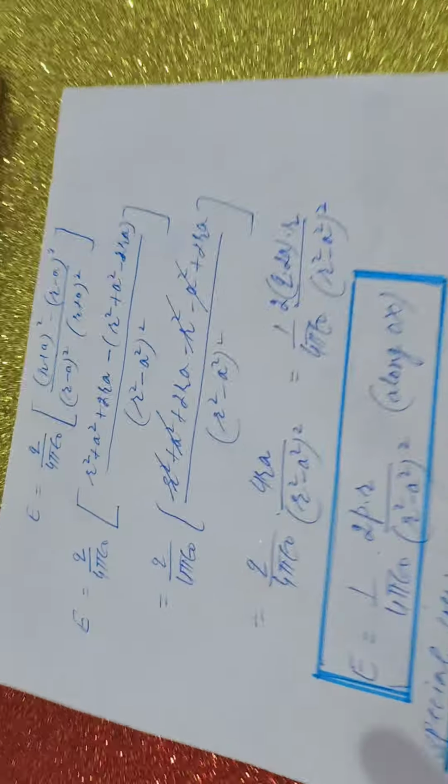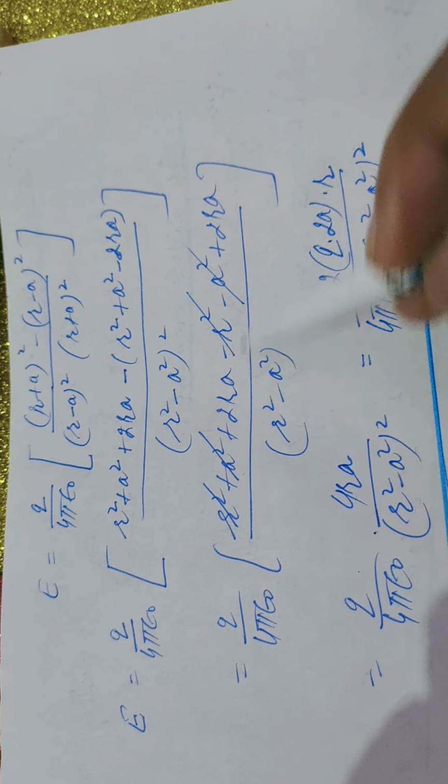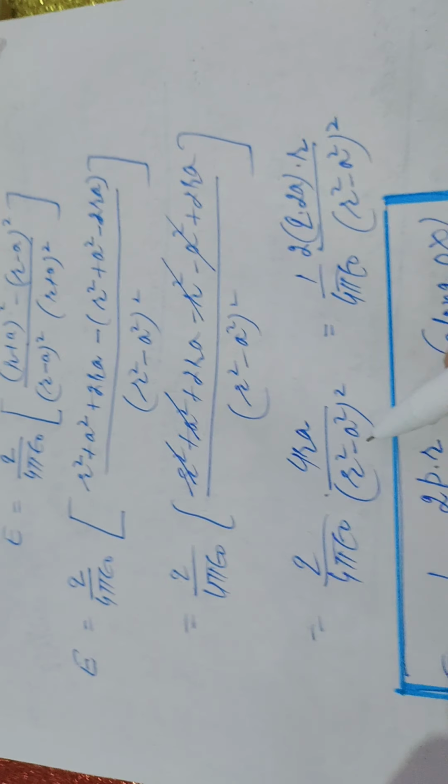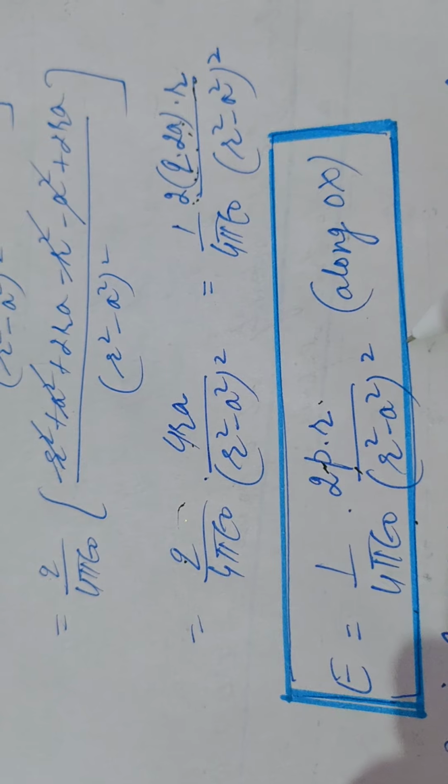Now on solving this, you will get 2ra plus 2ra, that is 4ra. Now for 4ra I will write 2 into 2a into r, and this q is taken to this side because q into 2a is p. So net electric field is 1 by 4 pi epsilon naught, 2 into q into 2a, which is electric dipole moment p, into r. So this will become your result.